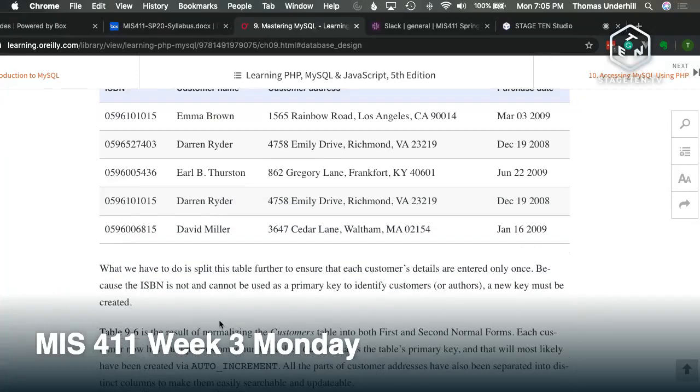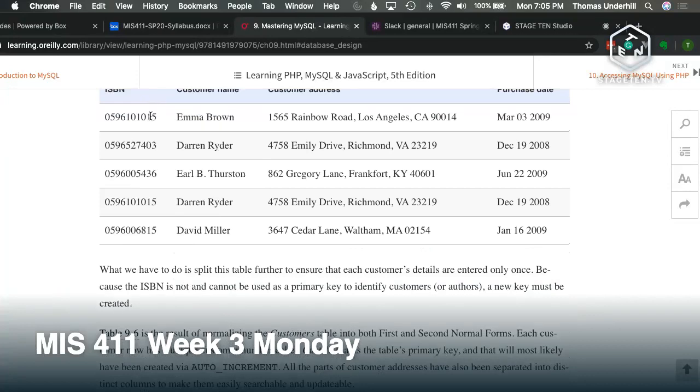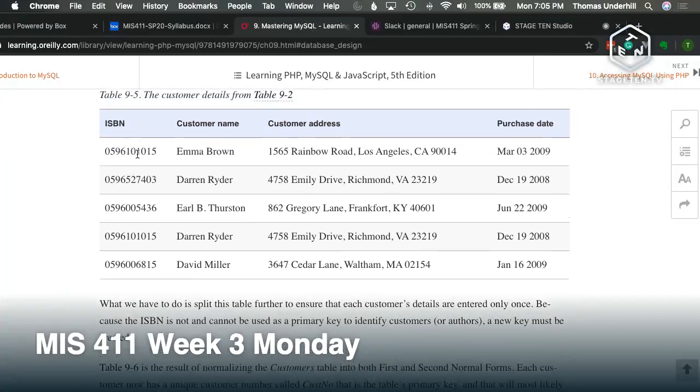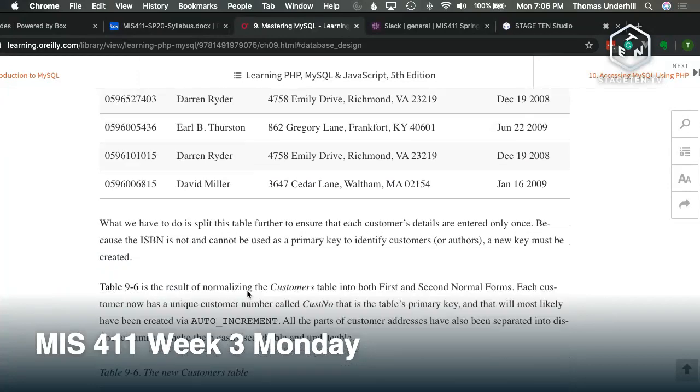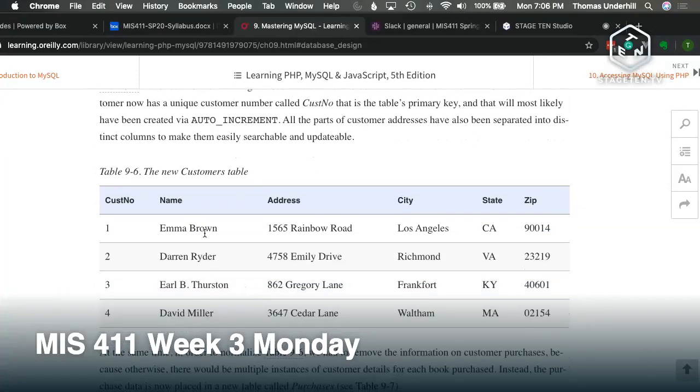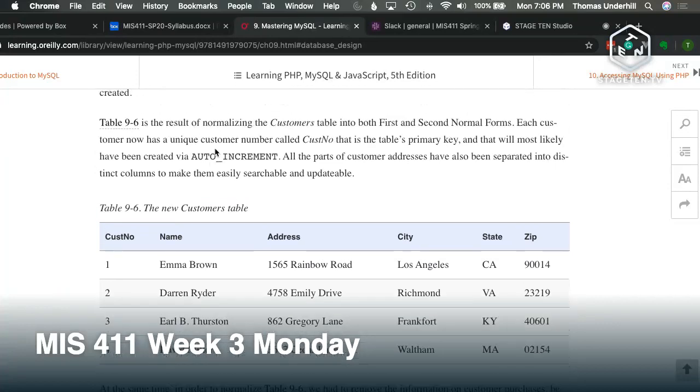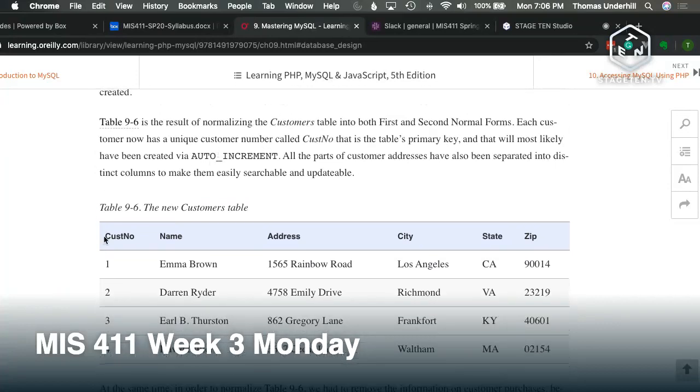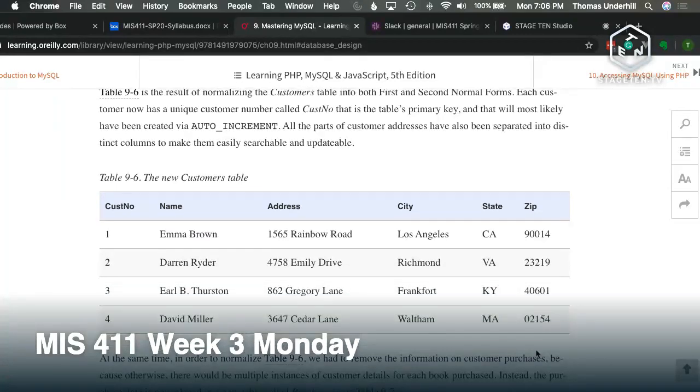But we only want to have to enter details once. We can't use the ISBN as a unique identifier because multiple people bought the same book. So we actually have to create a new customer ID field, which is a primary key for this. So we would not want to use this ISBN, we would want to use a customer ID field. So this table here is what it should look like after we've normalized it. We've done the first and second normal forms. We now have a unique customer ID number, 1234, each customer's name, their address, their city, their state, and their zip. We remove the purchase information,